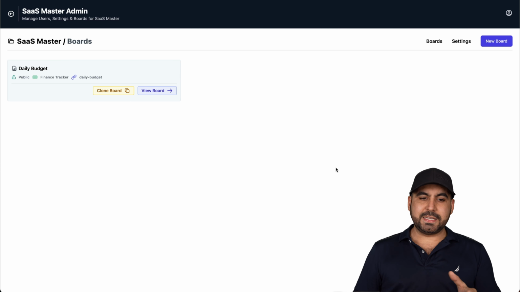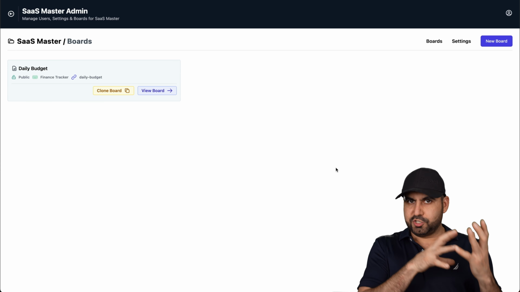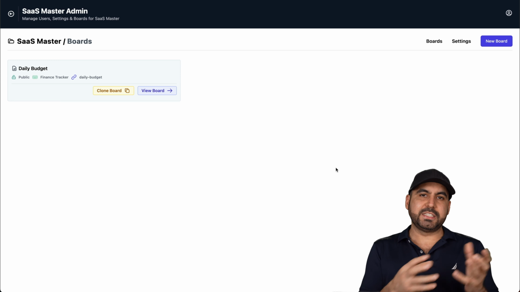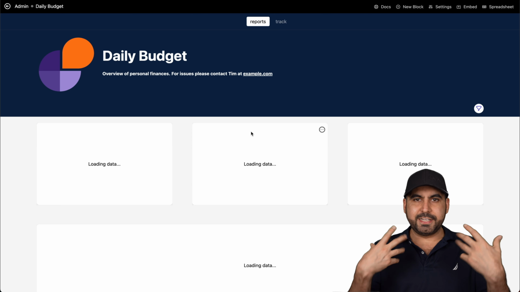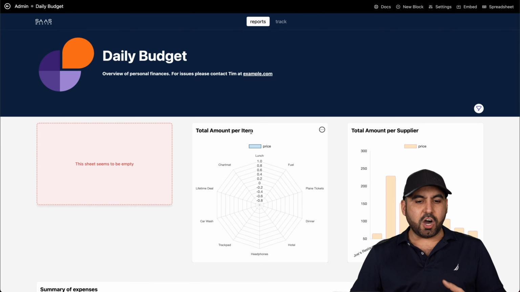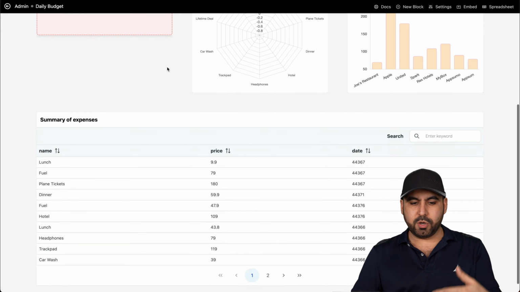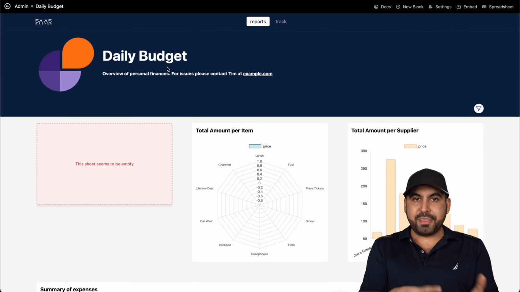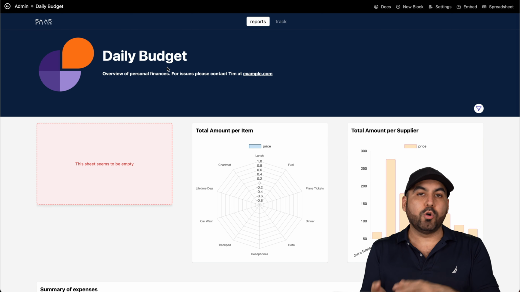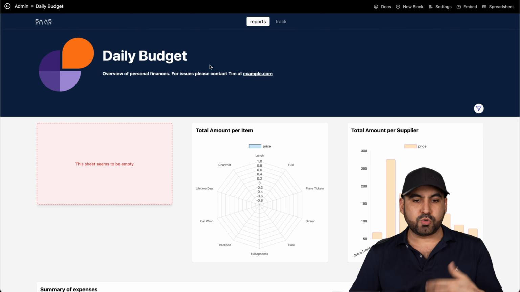In this workspace is where we're going to have all the charts that we've created from the Google Sheets that it generates. Now, you see I have created one from Daily Budget, and let me go ahead and show this board so you can see how easy it is and how it displays. All this can be customized like colors, logos, and the charts, and we can even create more charts with this. Now, I can embed this on my website if I make it public or share the link so someone can view it straight from the link.